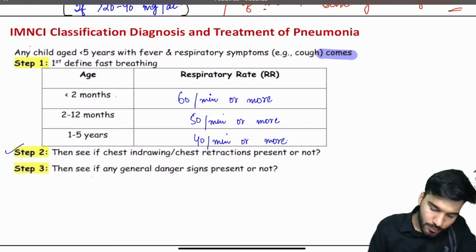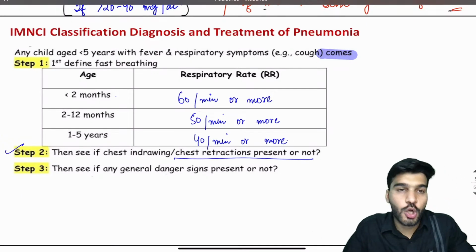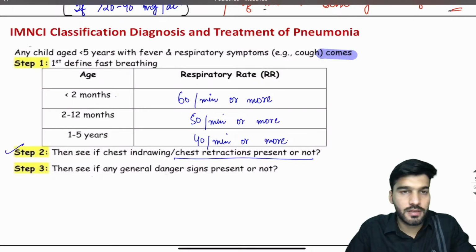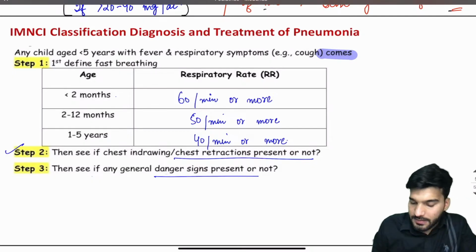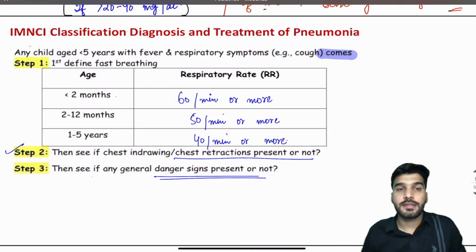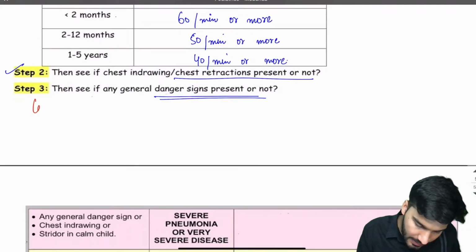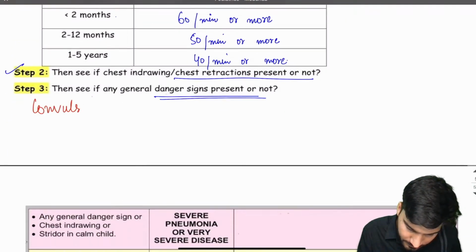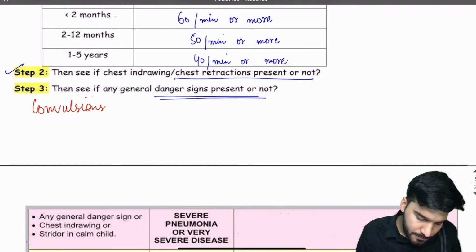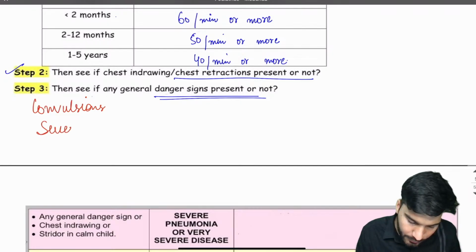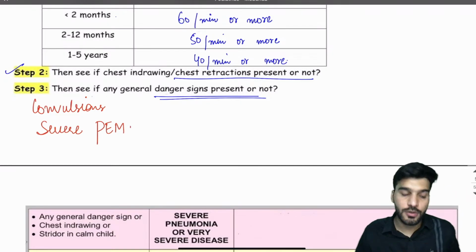Then the next step is to see whether chest indrawing or chest retractions are present or not, and then look for the danger signs. So what exactly are the danger signs? Write it down. Danger signs like convulsions, severe PEM, protein energy malnutrition,